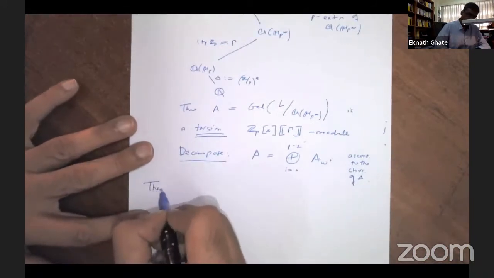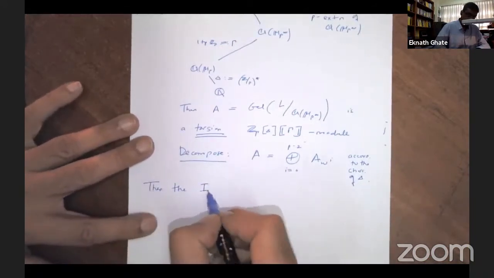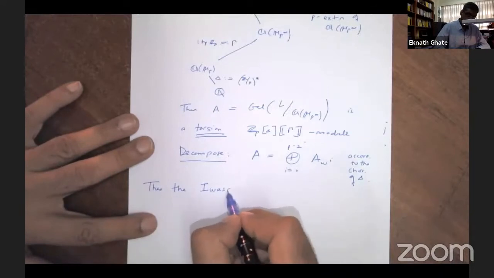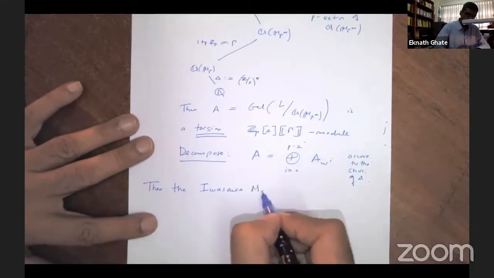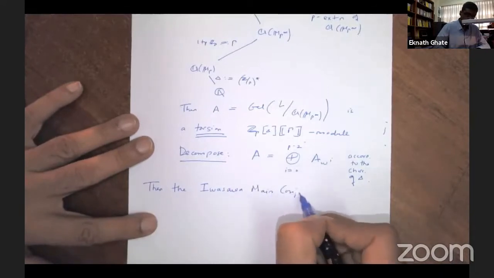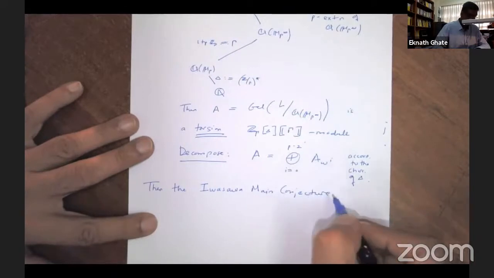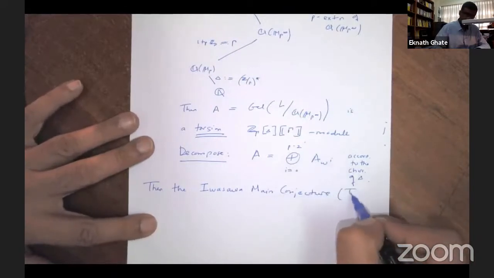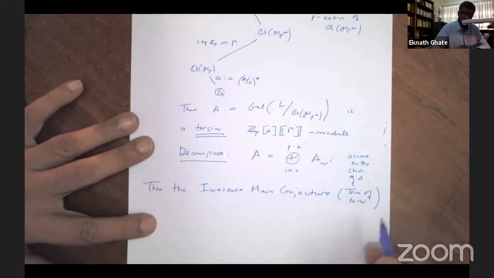Then the Iwasawa main conjecture of Iwasawa theory, which is a theorem of Mazur-Wiles, by the way,